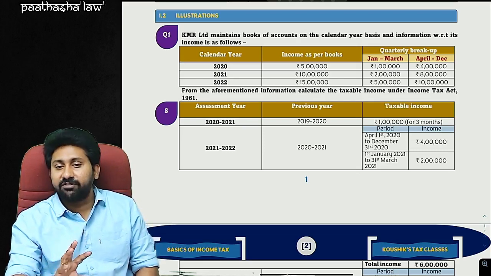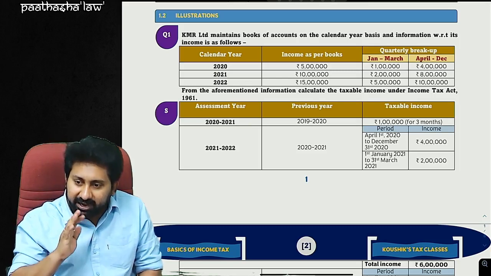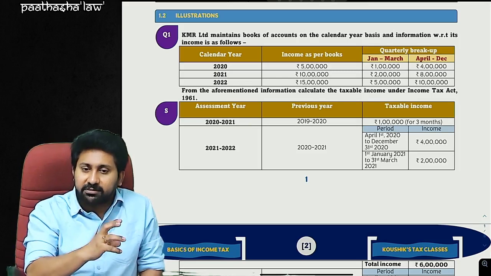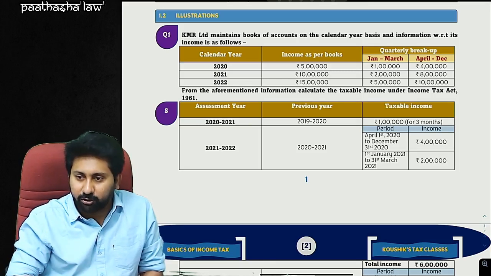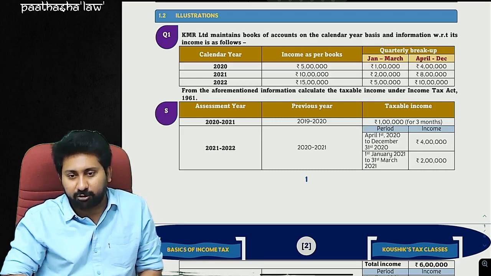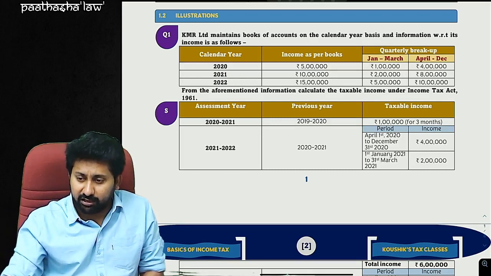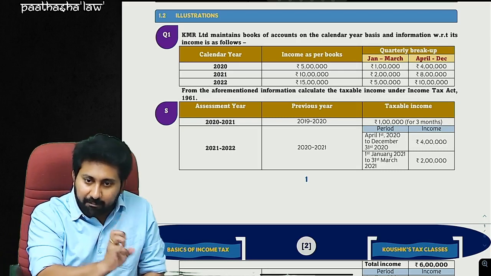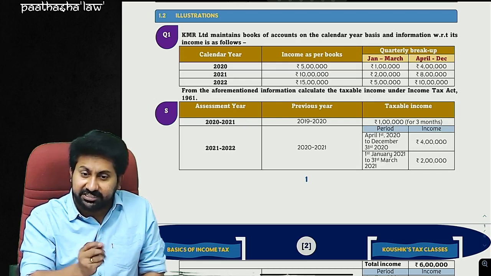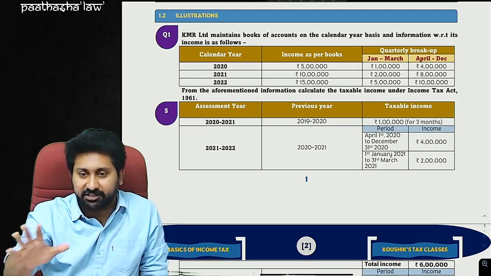The sources from which I gather my resources. I will be taking the complete resources. The problems are some compilation, a good amount of problems. I take from Vinod K. Singhania sir's book. I will be taking from Vinod Gupta sir's book, and some from Ahuja sir's book, from various sources. I will be compiling a good amount of problems which are really good for explanation, and I will put them before you in my explanation way.